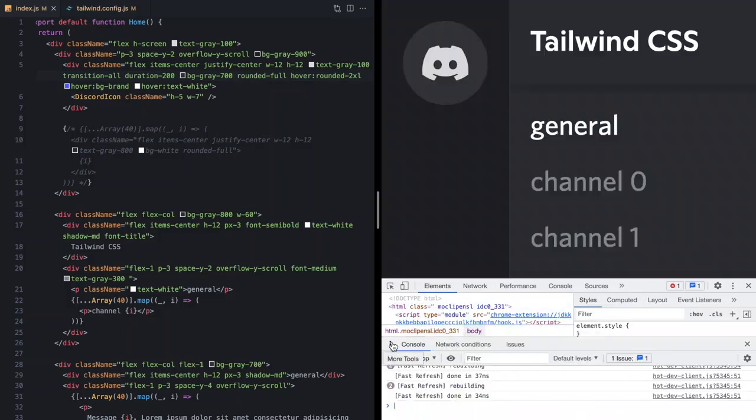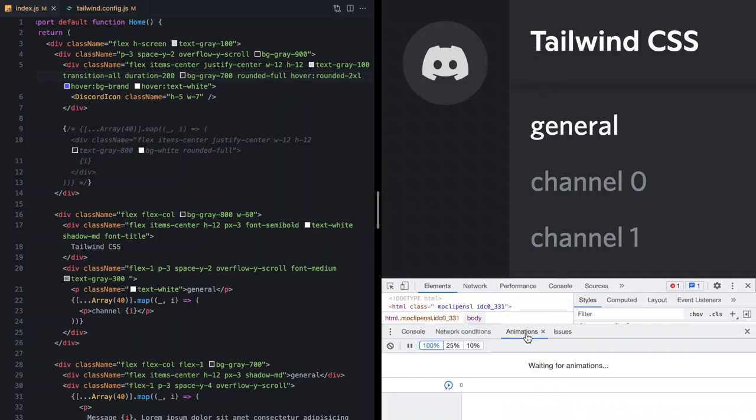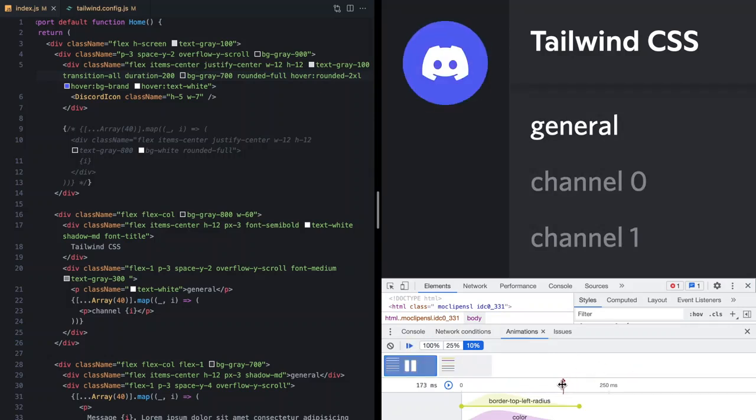and let's take a look at the Animations tab. If we go ahead and hover over our button, slow this down to 10%, and then click on this animation, we can actually grab this handle and take a closer look. So it's clear that our colors are transitioning smoothly, and it looks like the border radius is doing something here. And then as we get towards the end, we can actually see it kind of working, but it's definitely not